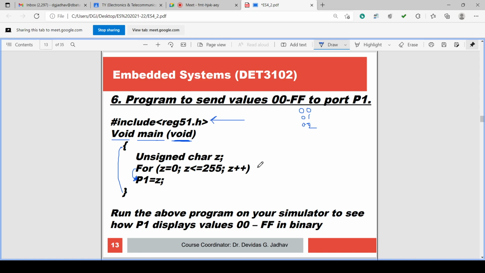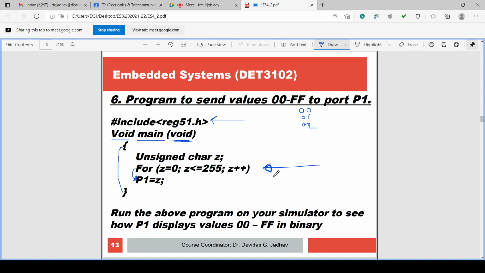So there is no delimiter here, no semicolon after this for, so this for will accompany the next instruction. The next instruction is part of this for loop.